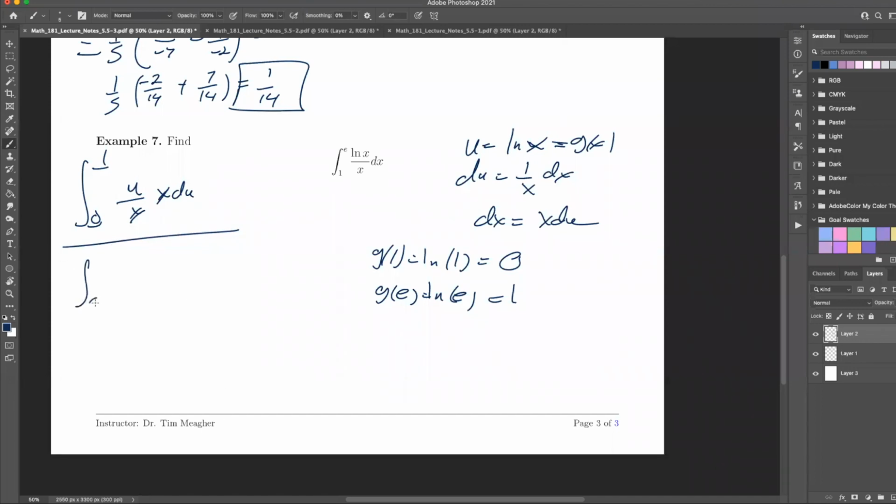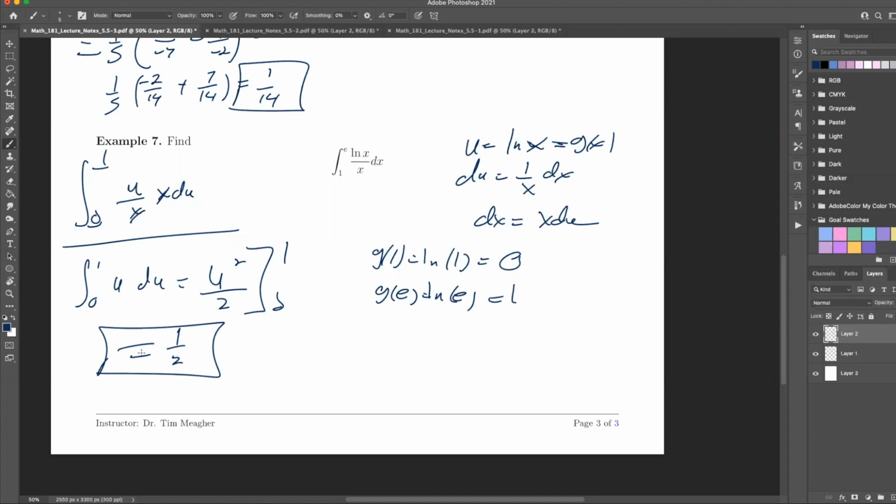So here I just have the integral from 0 to 1 of u du, which is equal to, of course, u squared over 2, evaluated at 0 and 1. That is half plus 0, so it's just a half. There we go. Okay,